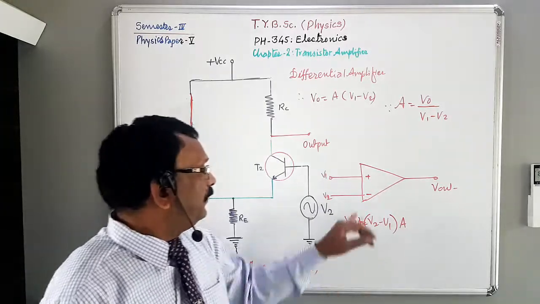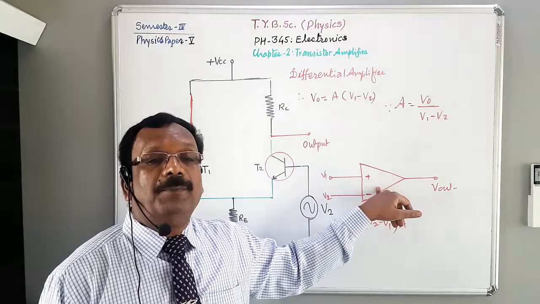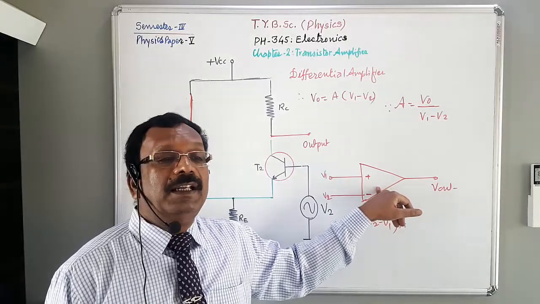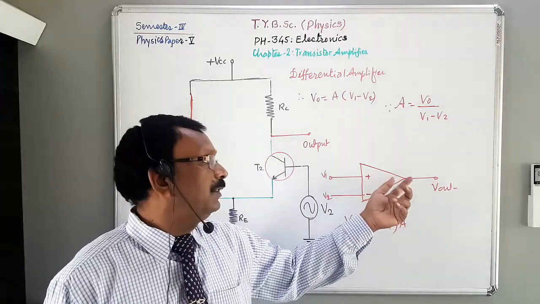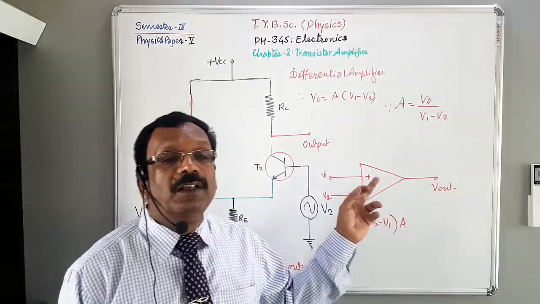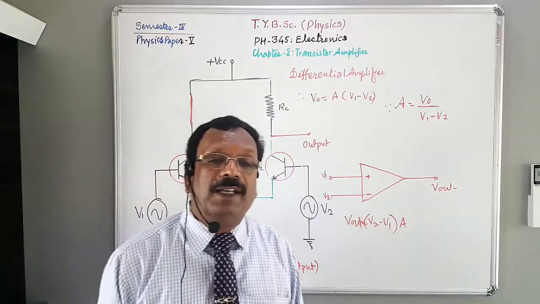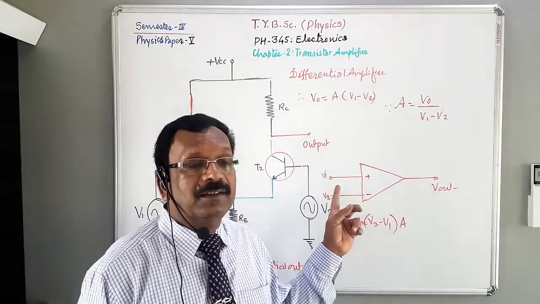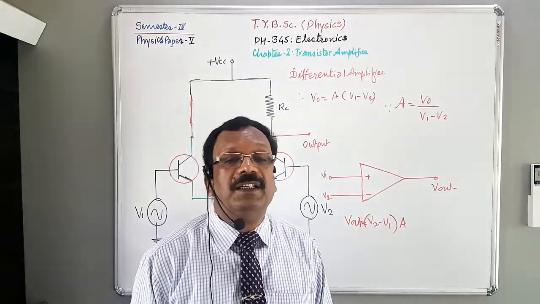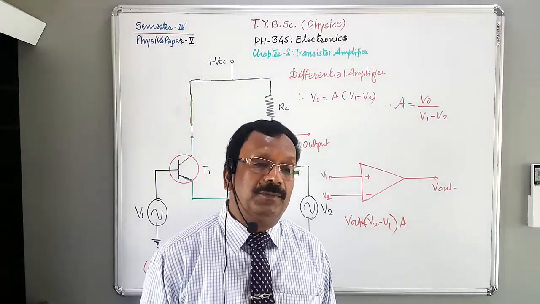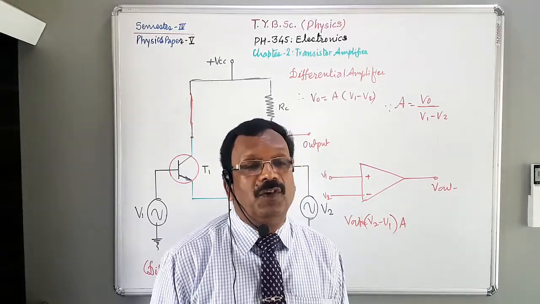Okay. Now this figure shows the block diagram symbol for a differential amplifier with a differential input and single-ended output. The symbol used here is the same as that of an op-amp, that is operational amplifier. The positive sign represents the non-inverting terminal and the negative or minus sign represents the inverting terminal or inverting input. Now we are going to see the non-inverting input configuration.